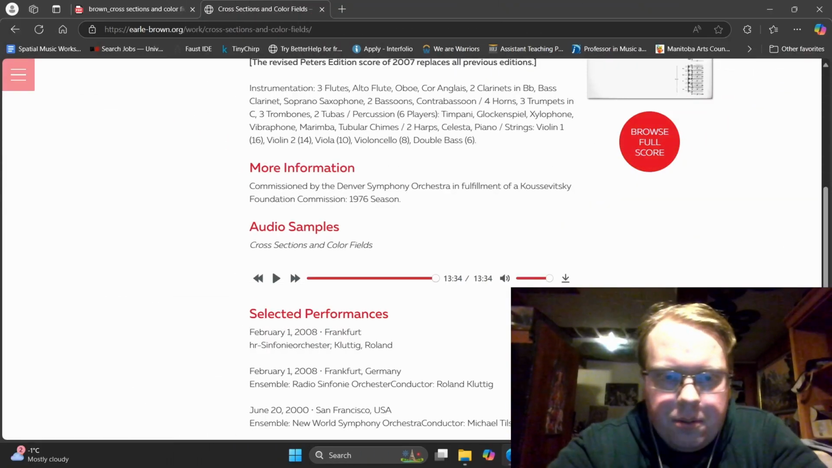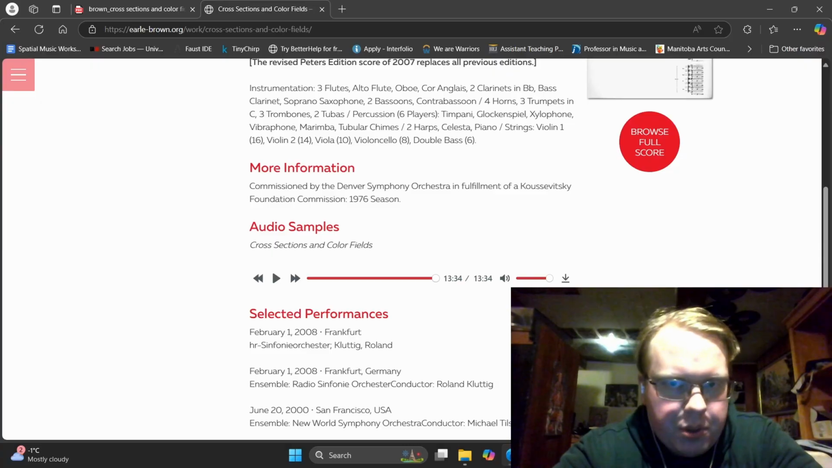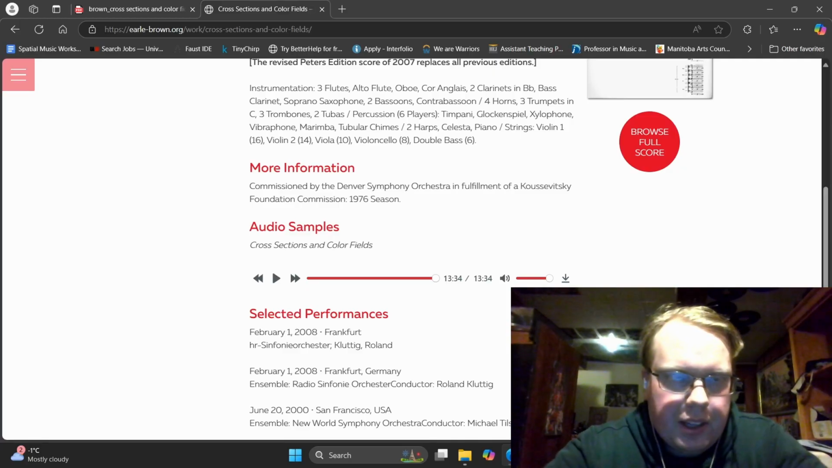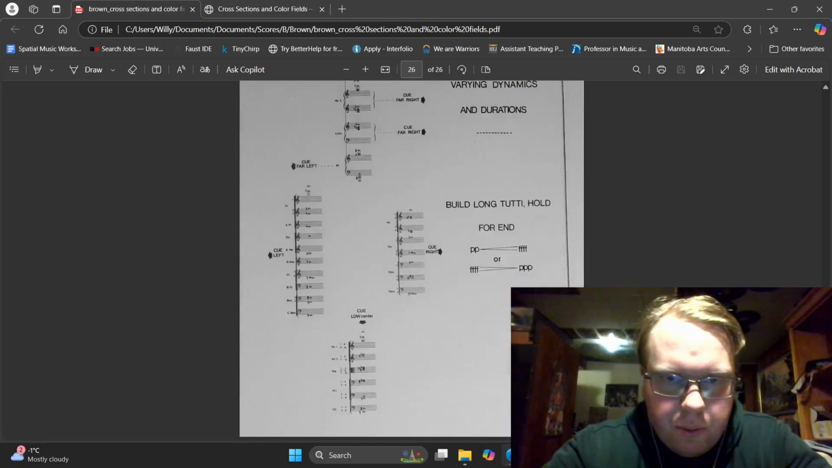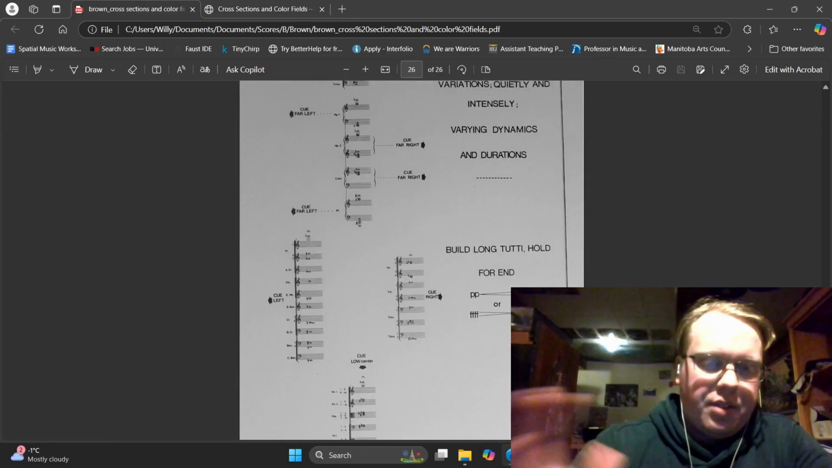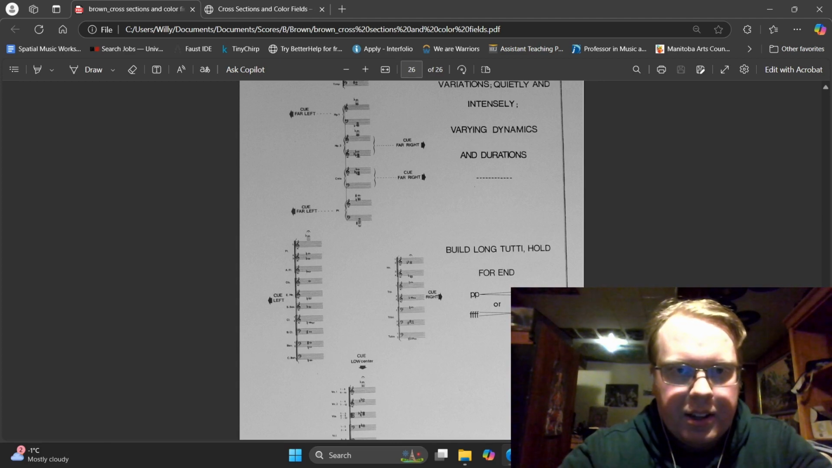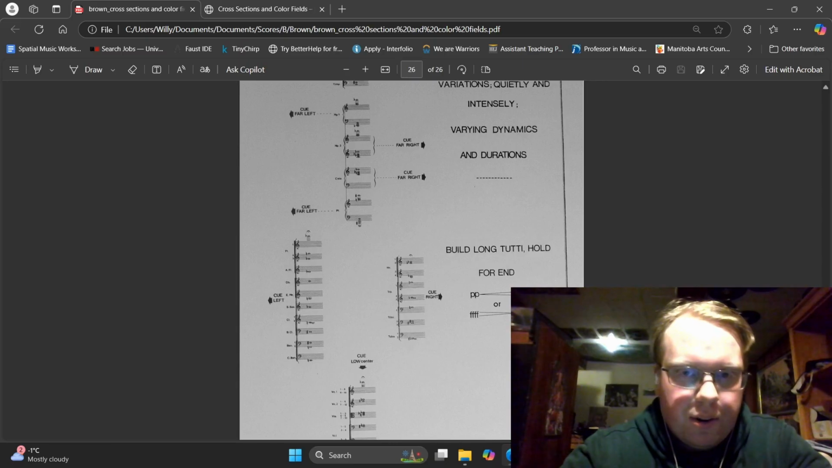Okay, yeah, so this is a really cool score. I highly recommend looking at it if you have access to a music library. Even if you have to do an interlibrary loan, I think it's really worth just looking at the score. There's a lot of pages that are open form like this that give the conductor varying degrees of control, and it was really cool to see what the conductor was looking at,